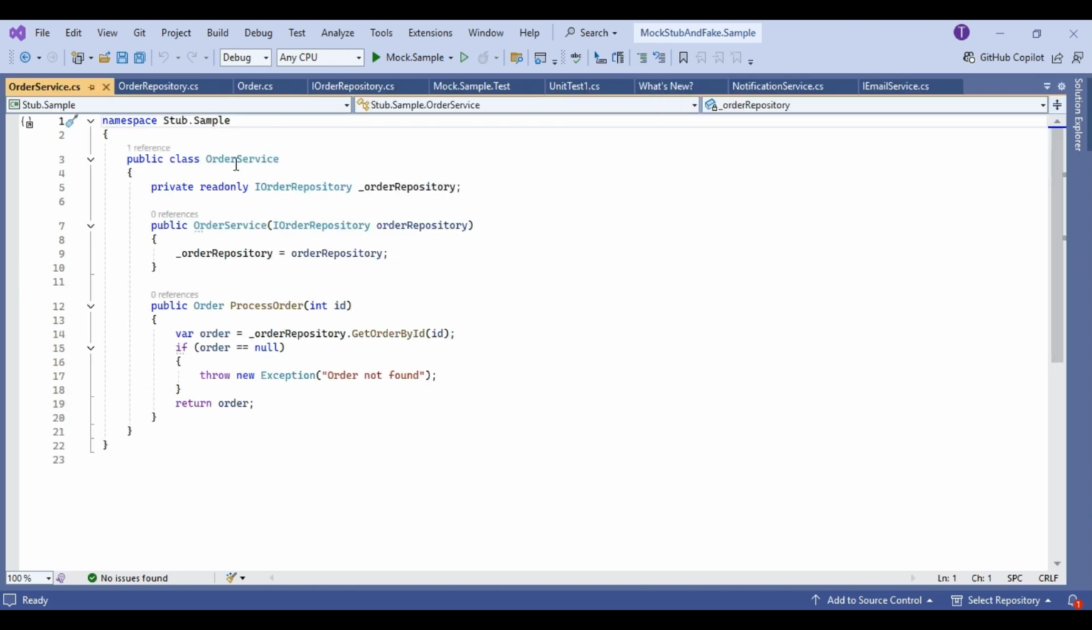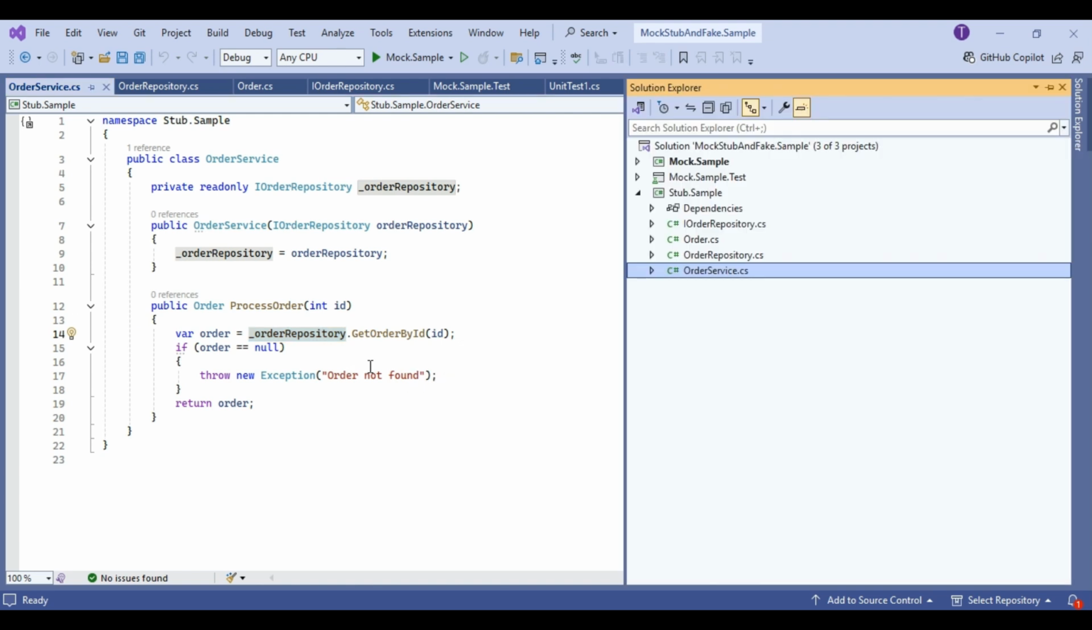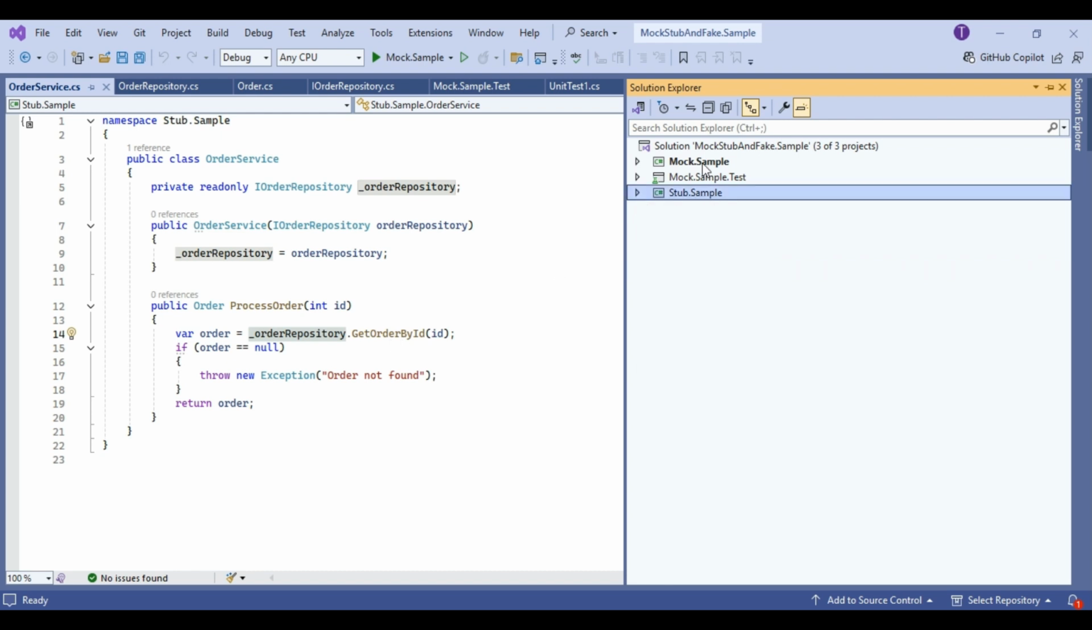Basically, OrderService injects the IOrderRepository. That means this OrderService depends on the OrderRepository. And then we have a method ProcessOrder, which internally uses that order repository to get the order and return it, right? So let's say we want to test that when I pass this order ID, this ProcessOrder method returns an order object, and also returns the valid information for that particular given order. So to test that, let's add one solution called